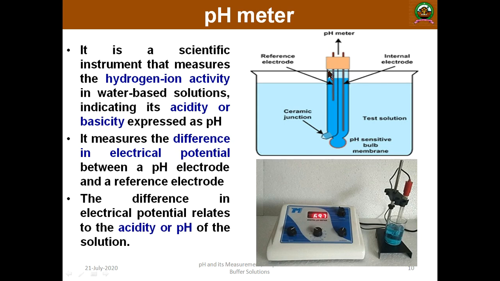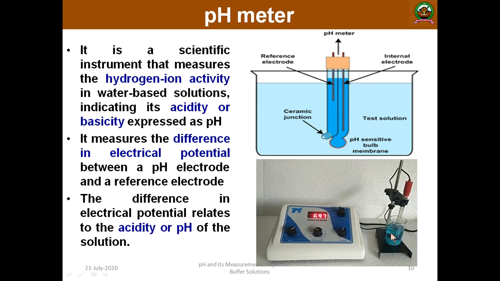This is the structure. You can see the pH meter, a single pH meter with a bulb. This is the electrode, the standard electrode, and this is the test electrode, which you have to touch to the solution. It has a bulb junction, the bulb membrane. Another tube you can see is the reference electrode, which is a control. Just dip this pH electrode into the solution whose pH you want to check. Then you can see the full photograph.